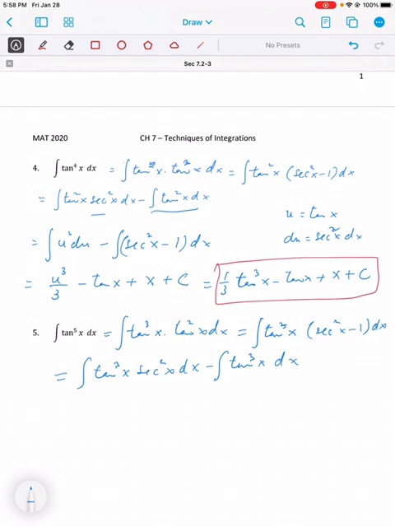So what do we do now? Well, we just learned how to deal with the tangent cube x. So again in this one we are going to separate the tangent square and convert it into secant square minus 1. So let me do that. The first one stays as it is,